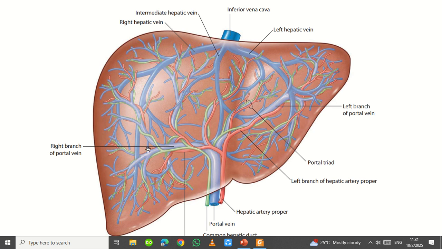Then we have, within the liver sinusoids, right? Within the liver lobe, remember from histology, the liver can be divided into what we call a portal triad, which shows the exocrine function of the liver. So you're going to have bile being secreted by hepatocytes into your bile canaliculi. From the bile canaliculi, you get into bile ductules. From the bile ductules, they will join and form what we call the common